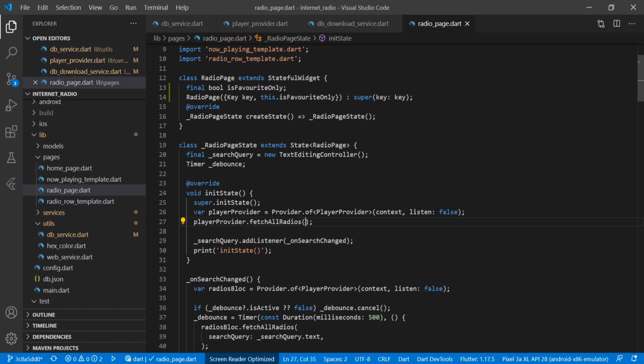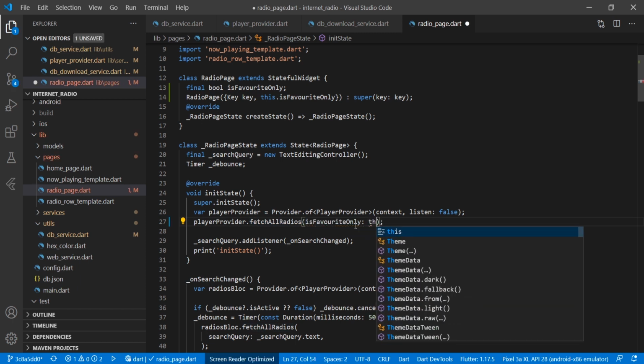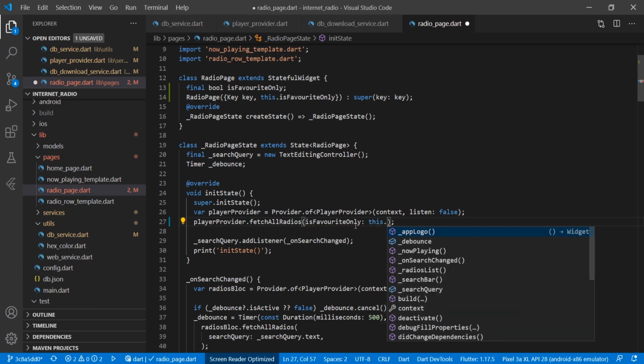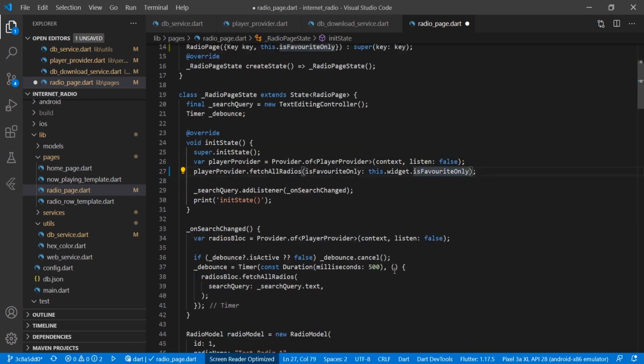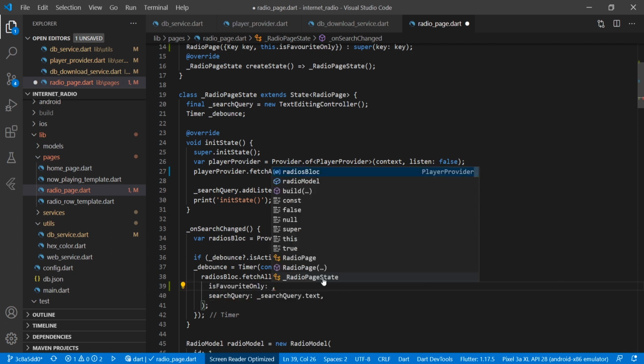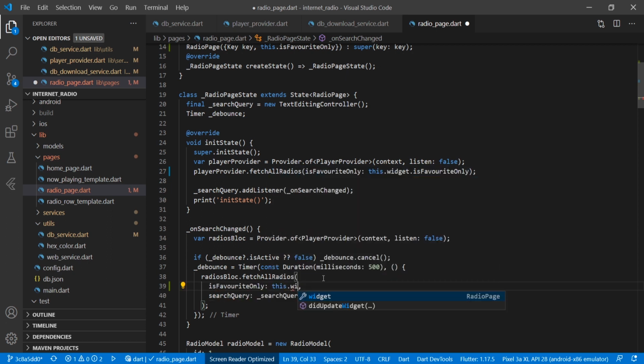In the fetch all radios we have to pass isFavorite, and we will pass this dot widget dot isFavoriteOnly. Same we will update in the search also, with this dot widget dot isFavoriteOnly.